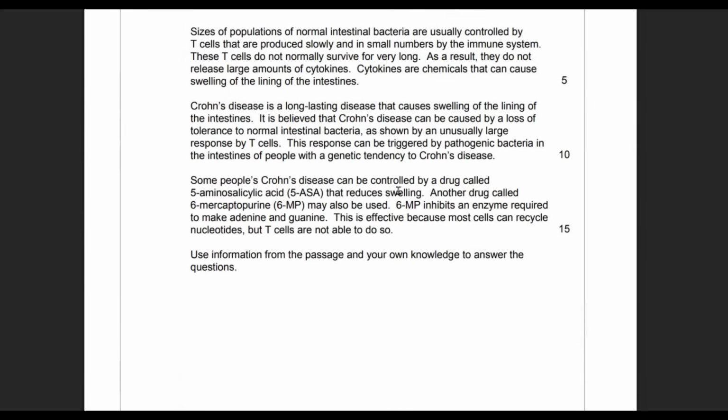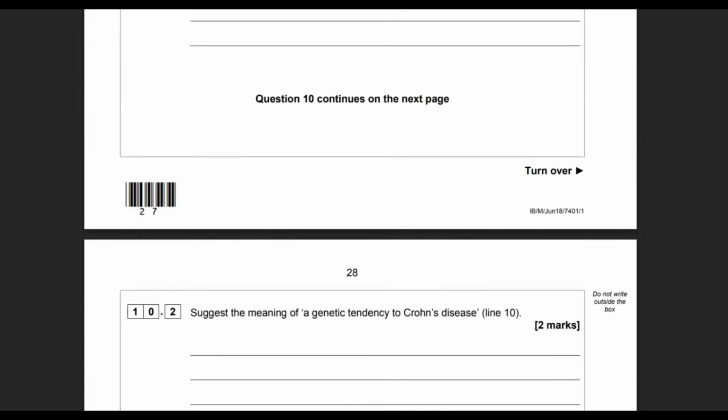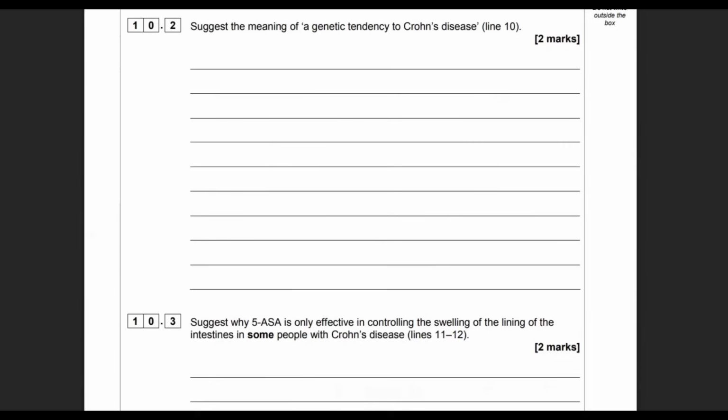Some people's Crohn's, so not everyone with Crohn's disease, can be controlled by a drug called 5-amino salicylic acid that reduces swelling of the intestines. Okay, so the salicylic acid reduces swelling of the intestines. Why might that not work for everyone with Crohn's? Well, they might just produce too many cytokines. So some people produce a larger volume of cytokines, you get the idea,